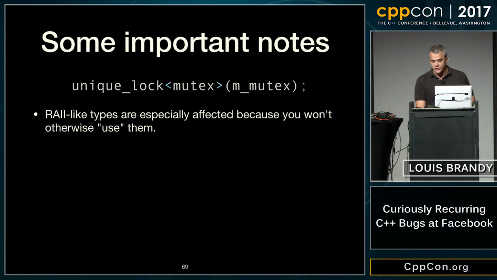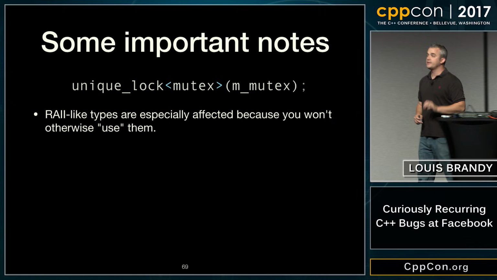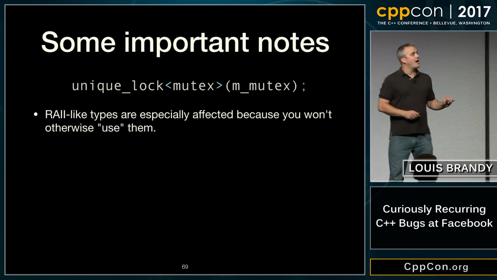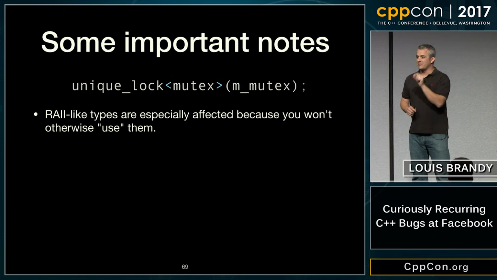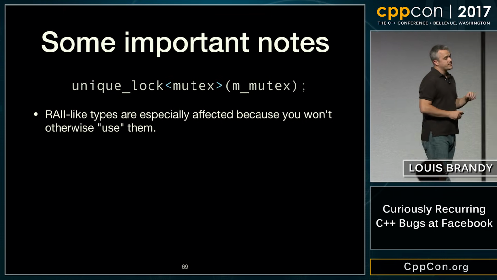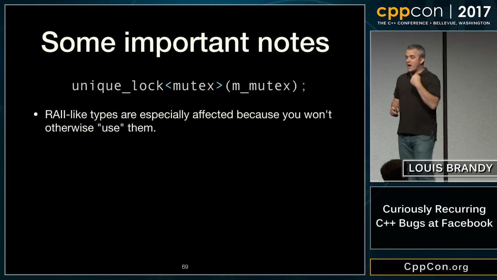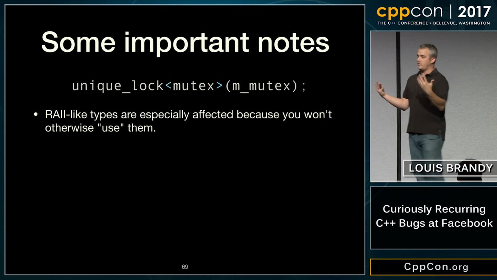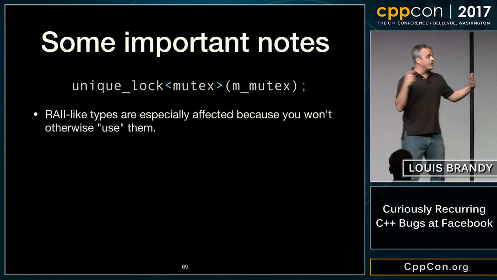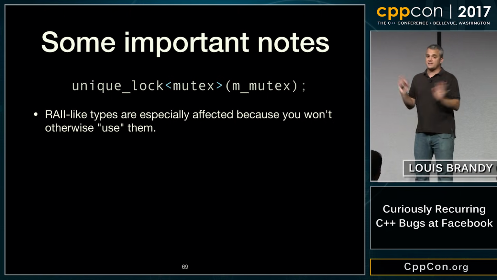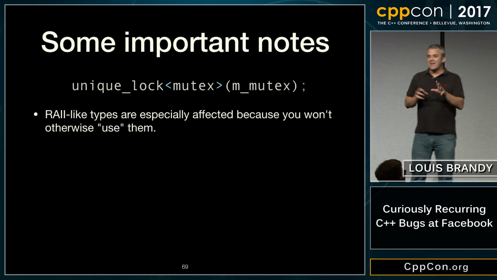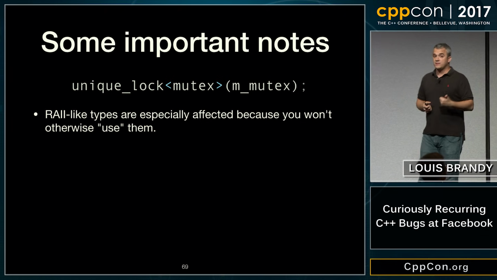So some super important notes. There's actually a subtlety here that's critical to understand. There are two things that make unique lock conspire to have this really pathological bug-prone behavior, as far as I'm concerned. The first is that it's an RAII type, okay? If you have the exact same situation with a non-RAII type, you tend to notice very quickly, because you didn't name it or anything, so you'll try to use it and you'll be like, whoa, okay, I forgot the name. But RAII types, their mere declaration is often all the functionality. That is the functionality. I declare it, right? And then that means I've got one. So you're much less likely to name it, because you don't actually need a name. You never need to reference it, right?